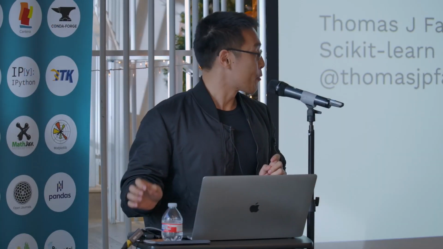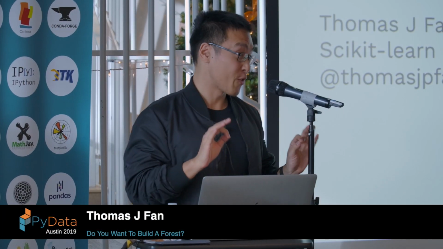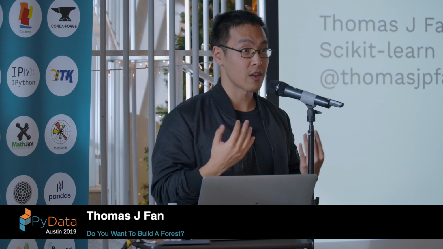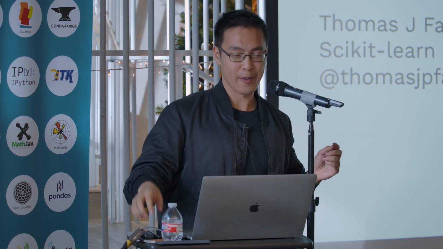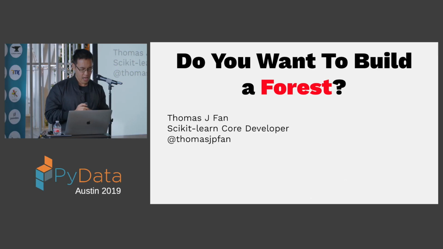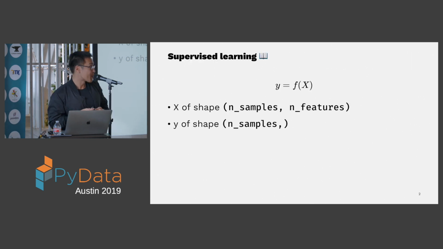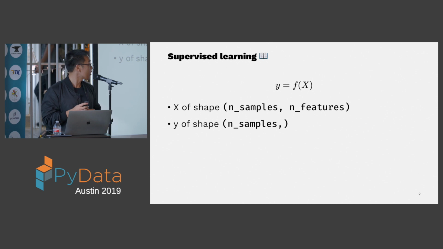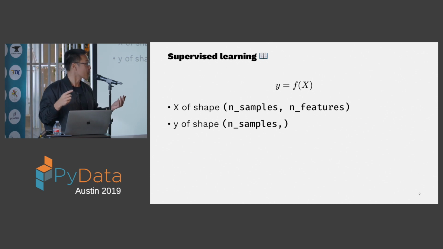When I say forest, I mean ensemble of trees, and I want to talk about how in scikit-learn we ensemble trees. So, very generic forest. Scikit-learn is commonly used to solve the supervised learning problem, where you're given x and y, and you want to learn this function that maps from x to y. In this talk, I'm going to have x be 2D, samples by n features, and y